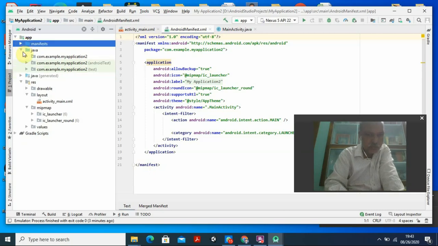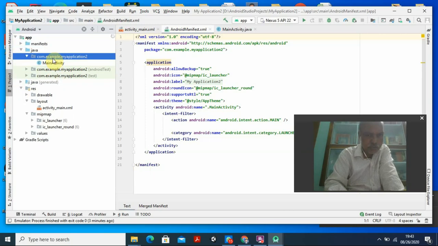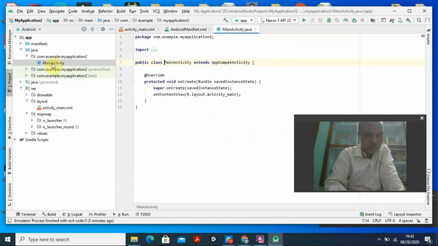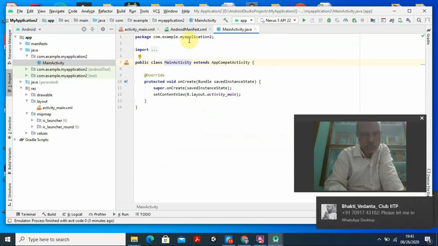Then in the Java folder I have shown you, and if you want to see this MainActivity, this is the thing here. So it is purely how you write a Java program. I am using a package because everything is there in this package.